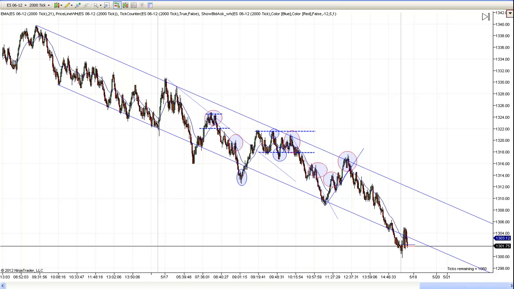This will serve as our chart lesson for today. The week's almost up. We got one more trading day tomorrow. We had a pretty good trading day today. We had this great